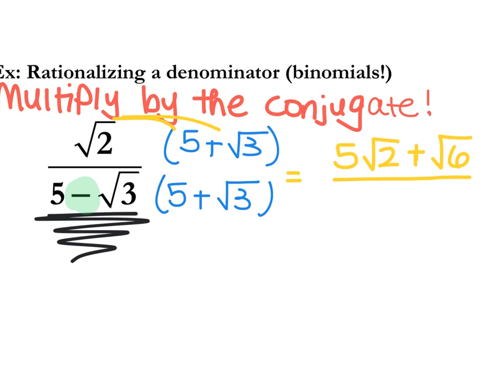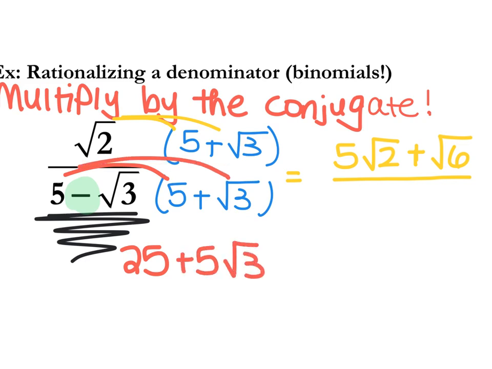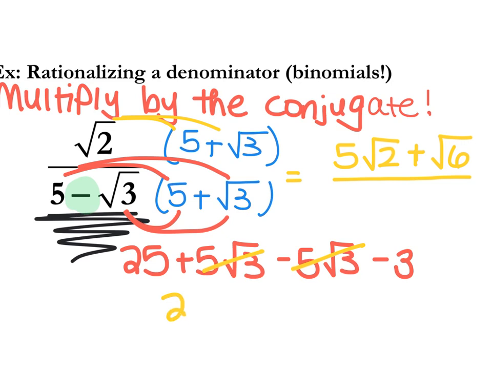So we are going to multiply 5 times 5, which is 25. 5 times root 3 is plus 5 root 3. Negative root 3 times 5 is minus 5 root 3. And then root 3 times root 3 is root 9. Square root of 9 is 3. And then it is a negative times a positive, so it's minus 3. Now, this is fun because the 5 root 3's cancel, and we just get 25 minus 3, which is 22